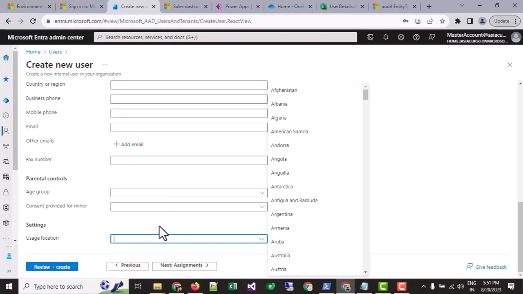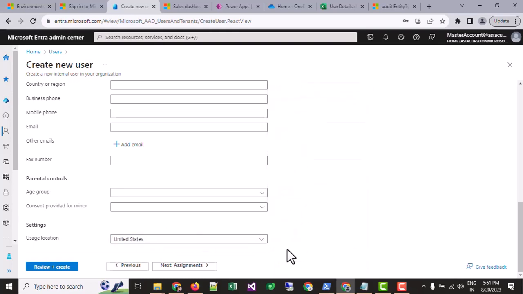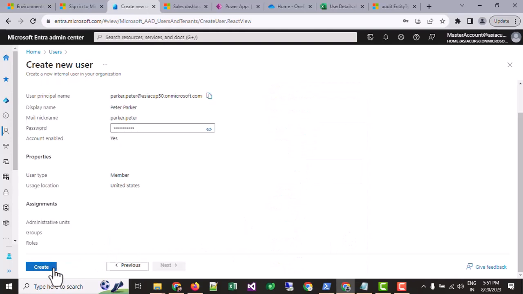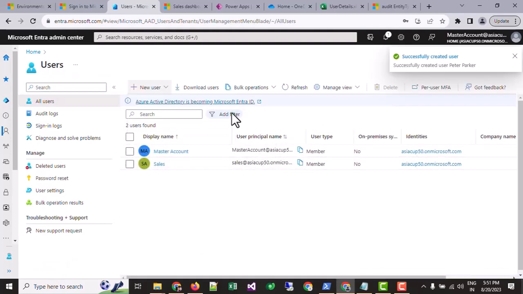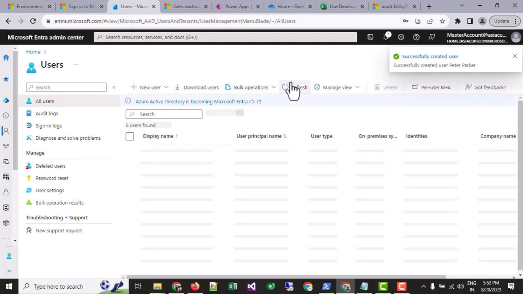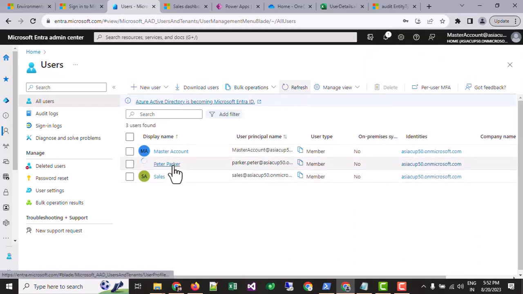For that user I am assigning United States, or anything I can take. I have selected the user's location, and now I will click the create button. In a couple of seconds my user will be created. I will do a couple of refreshes, and you can see my newly created user is here,